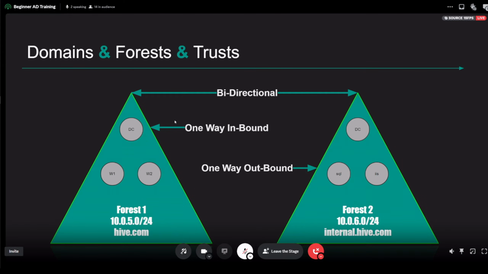And the way the communication works is if the two forests have a bidirectional trust, it means that workstation 1 can access services on forest 2, right? Because it's bidirectional. A one-way inbound is different, where if it's one-way inbound, that means this forest is trusting this forest to access its services, and then one-way outbound is vice versa, right? So these guys would have access to this forest, but this forest wouldn't have access to this forest, okay? There's a ton more that goes into that, but we're not going to dive into forest and trust